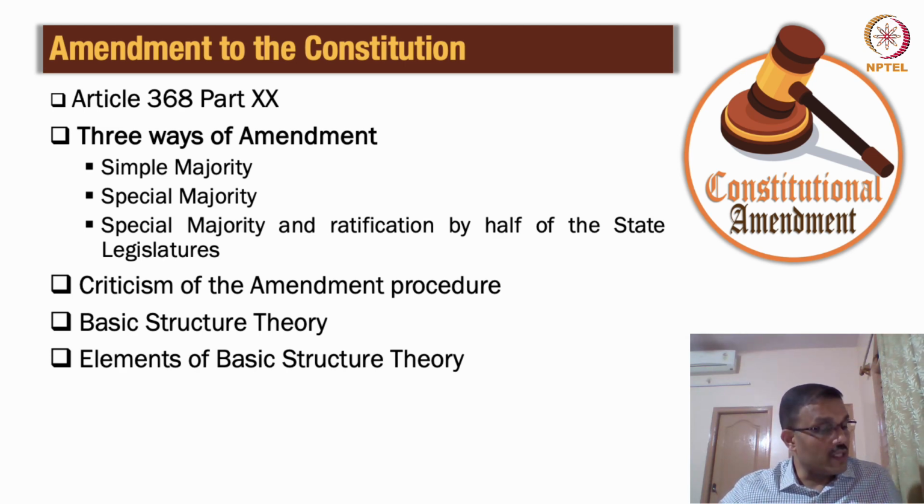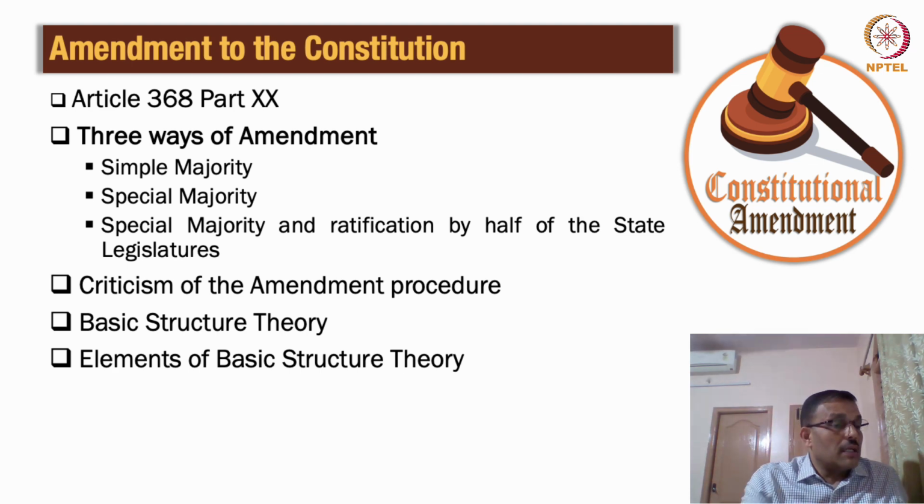Quorum in a parliament can also be decided. Salaries and allowances of the members of the parliament can also be decided by the simple majority rule. Privileges of the parliament and its members. Sometimes use of the English language in the parliament was also passed through a simple majority. Conferment of more jurisdiction, not breaking down the jurisdiction, of the Supreme Court can also be done by simple majority. Recognizing official languages was done through a simple majority. Citizenship sometimes can also be done. Defining union territories, and the fifth and sixth schedules of the Constitution, were also done through simple majority.